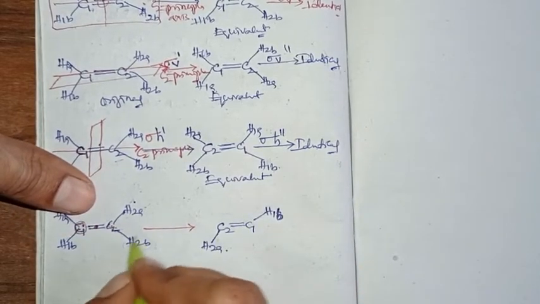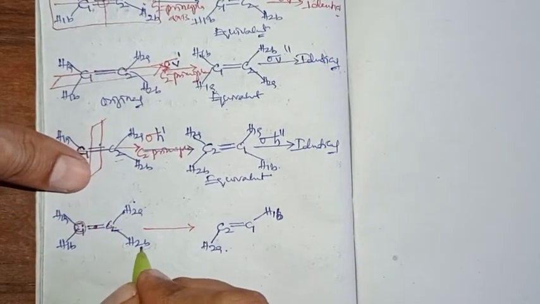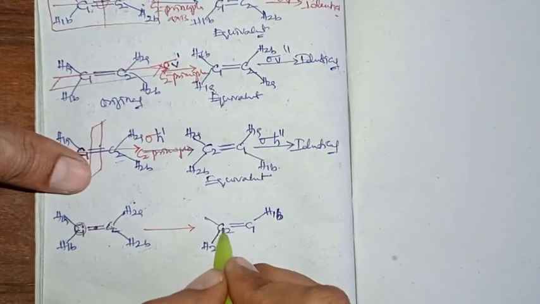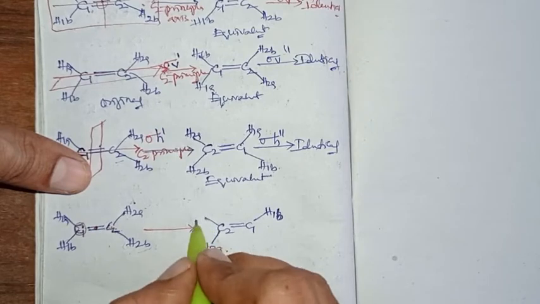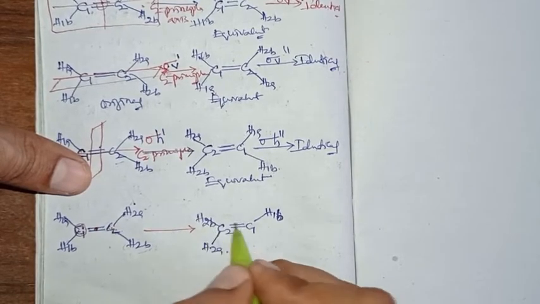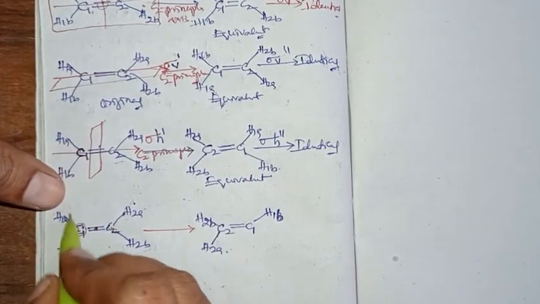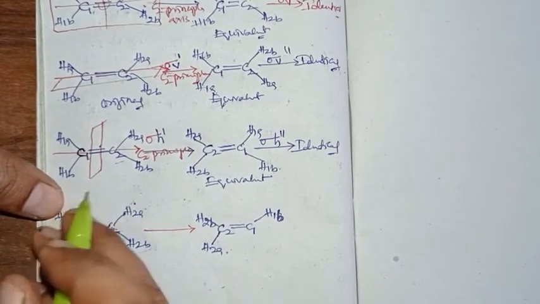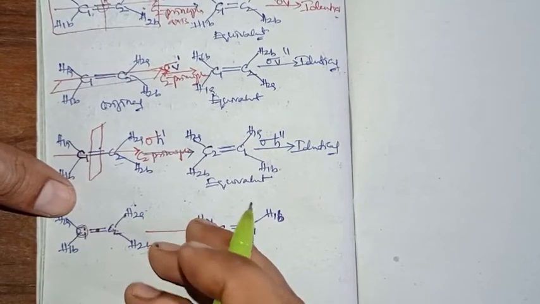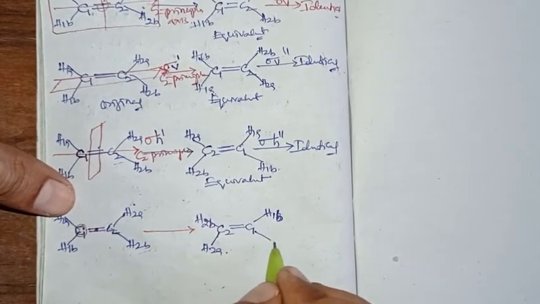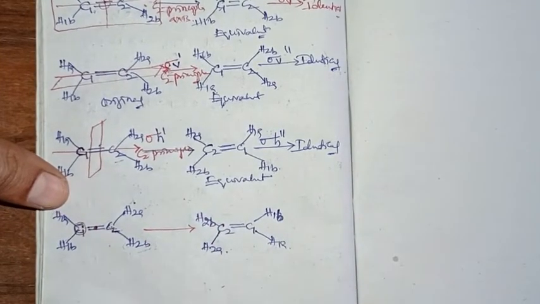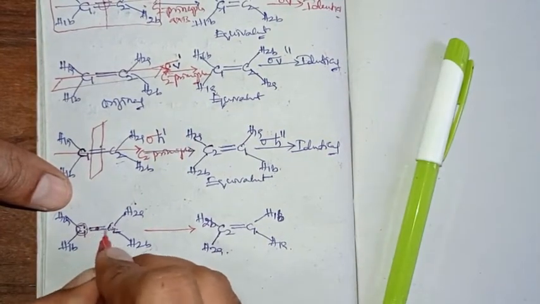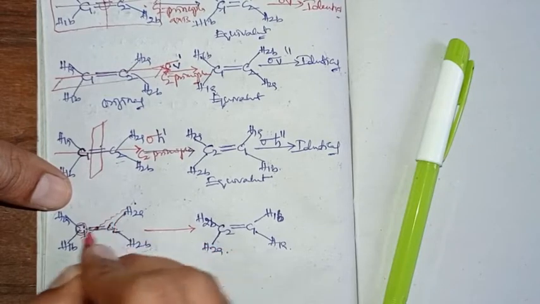Same that H2B, which is right side in down, when it is inverted, goes to the left side in top, so H2B here. Same to that, the H1A, which is in the left side in top, will be inverted into the right side in down. Like this is how the inverting of all the atoms will take place,